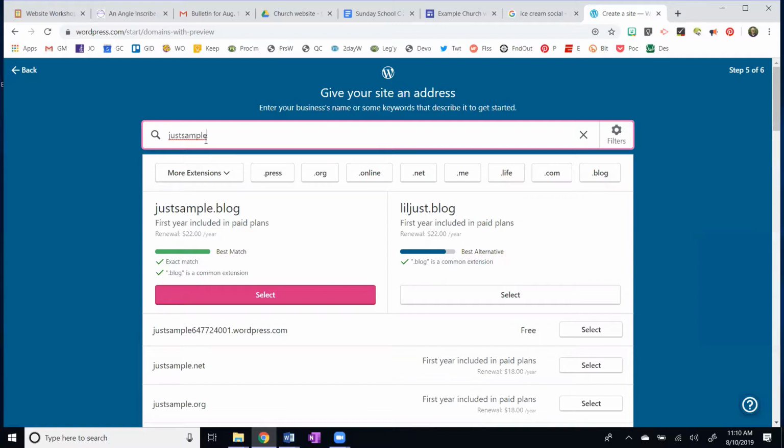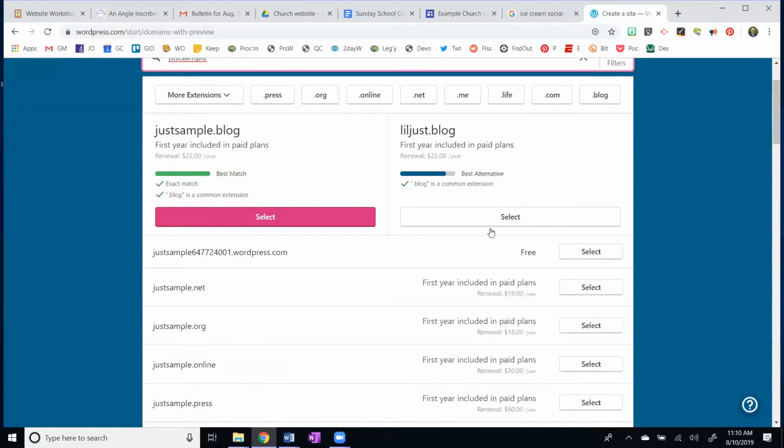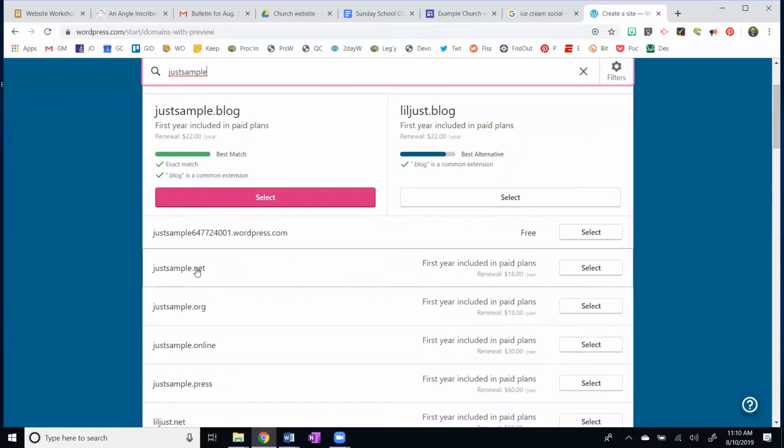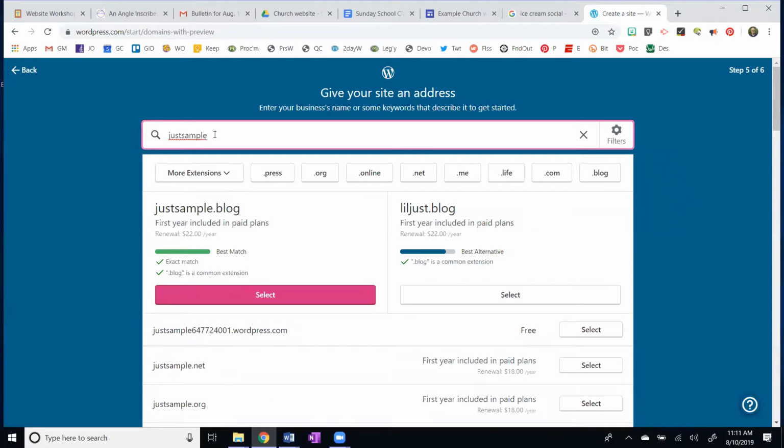Okay, so it's kind of cool. When I put in some of these yesterday, what was available, and I can pay $22 a year. Now, you might want to check into that. I think it's probably more than $22 a year, but this website workshop is not on that. Right down here is free. Right? Oh, they put a number in there. So it wasn't available. Okay, so I'm going to use a different one here.